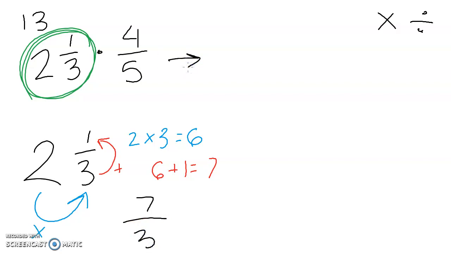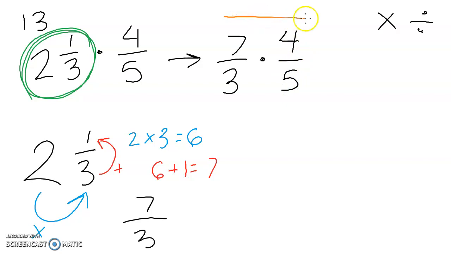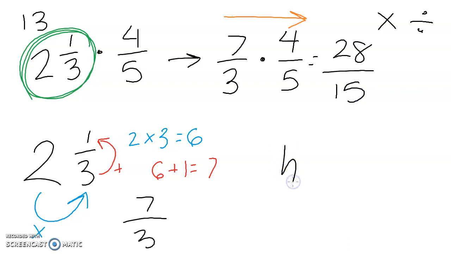So let's go ahead and rewrite this with my new improper fraction. 7/3 times 4/5. Now, again, with fractions, it's super nice because you just multiply straight across. So 7 times 4 is going to be 28, and then 3 times 5 is going to be 15. Now, there are no signs involved or whatnot, and so I'm just going to keep it as my final answer,